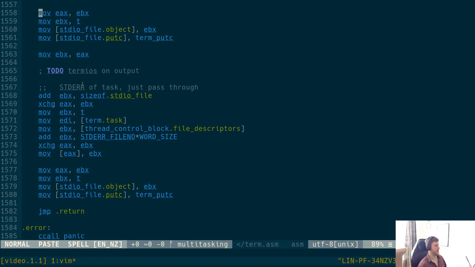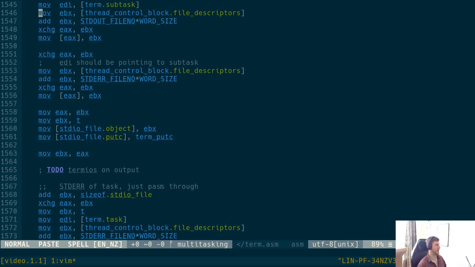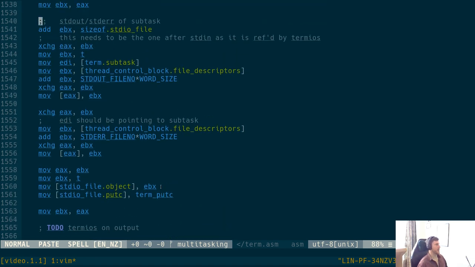Yeah, the standard error of the task, but there's also the standard error of the subtask, the thing that's running inside, so the shell in this instance, its file